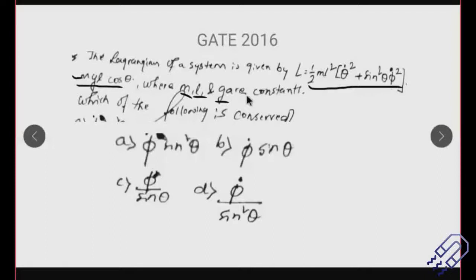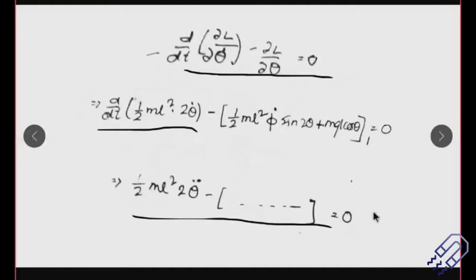The question is, which of the following is conserved? So out of these four options that have been given, you know, these entrance exams, they will always give you options, so you don't have to get confused. You have to do your calculation and then do it. I think it's not a very good idea to always go eeny meeny miny mo and select an answer. Not a very good idea, because of course the answers to these questions come very close to each other. So if you do your calculations correctly, you probably will get your correct answer. Then match with any of the options here.